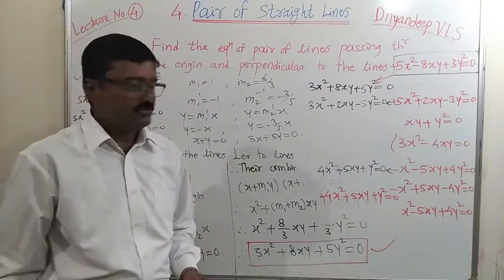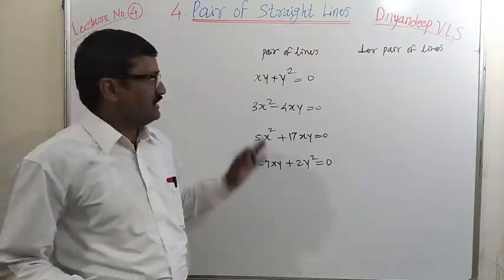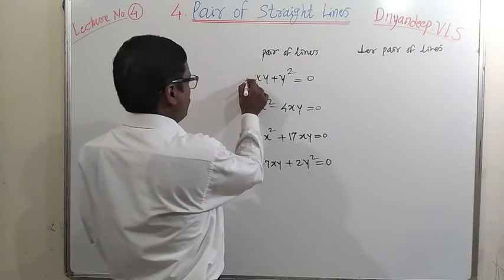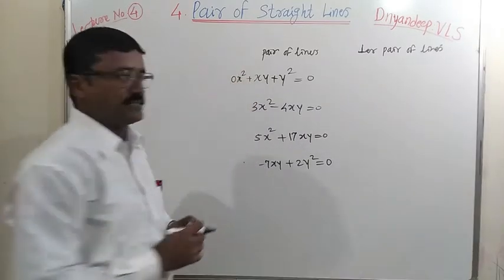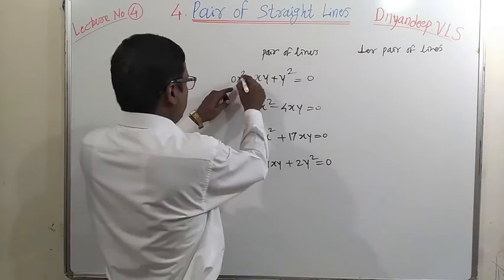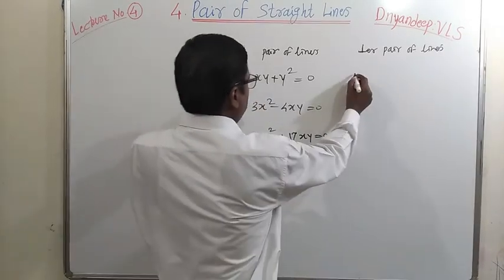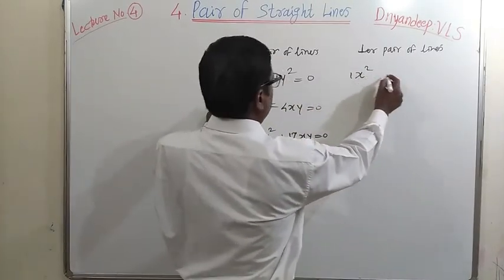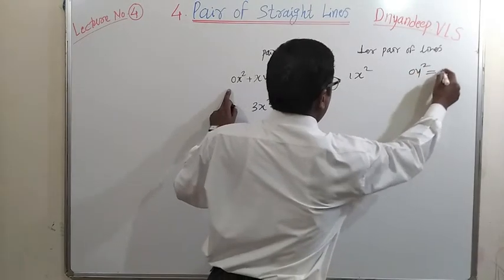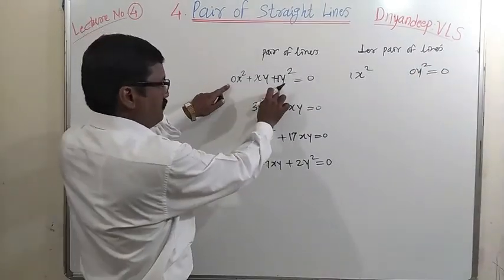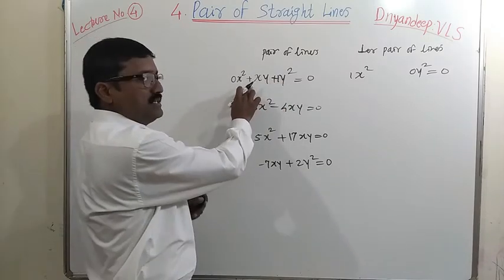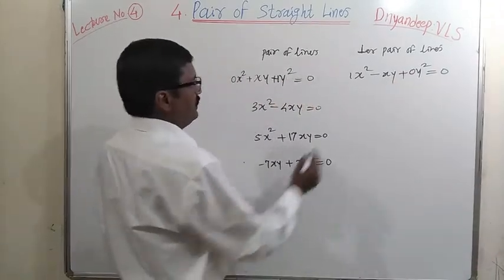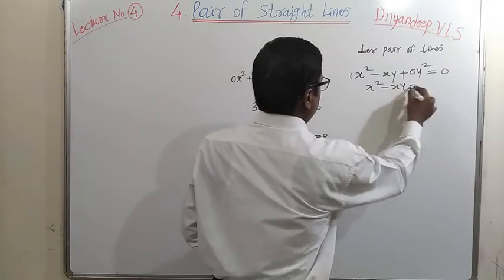Okay, let us move towards the next one, that is example number 3. Now see these pairs of lines given. These are 4 examples. In this case, the first term is not given, so it is 0 x square. So use the same trick. Change the coefficients of x and y. So we get x square, because the coefficient of y square is 1. So it becomes 1 into x square, and here 0 into y square equal to 0. But as both signs are positive, means same, change this. It will be minus xy. So the equation will be x square minus xy equal to 0.